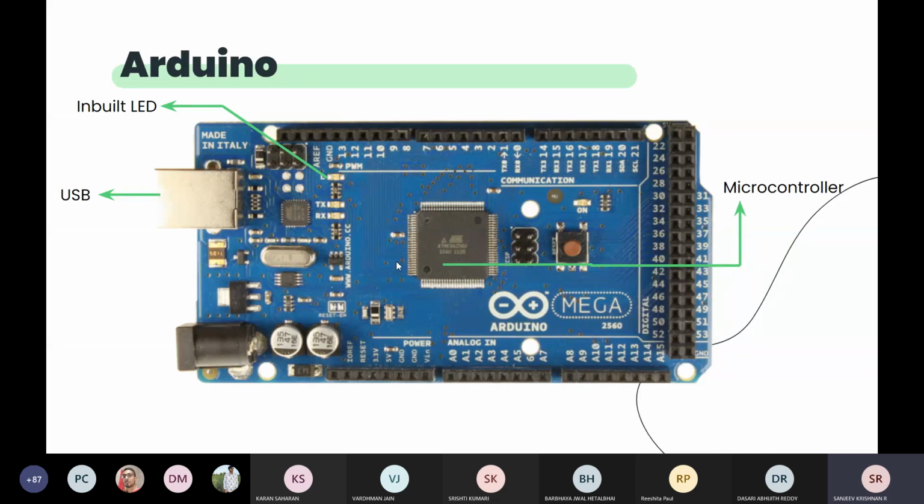Okay, so these are inputs, and then we can take power output also. Some sensors or some small modules might need power to run. So we can take out power from Arduino also. Once we give power, we can take 5 volts or 3.3 volts as per our need from these two pins. This pin is for 5 volt output and this pin is for 3.3 volt output.